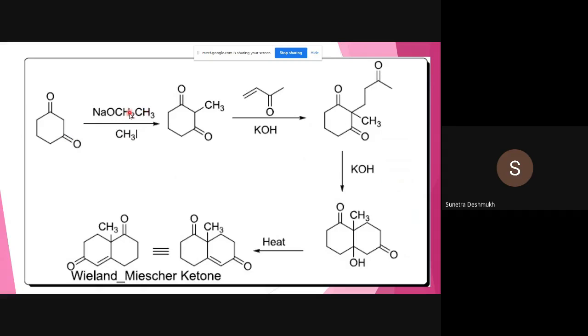So for the 1,3-diketone, first we have to attach a methyl group. So this is the starting material. We have active hydrogen over here, acidic hydrogen in between, next to the methyl group. So we have to react here in a Michael addition. By abstraction of the proton from here, it will add to the alpha beta unsaturated carbonyl, and once you get this Michael adduct, you can do the intramolecular aldol condensation to get this new cyclohexanone ring. And once you get the new cyclohexanone ring, upon dehydration it gives the Wieland-Miescher ketone.